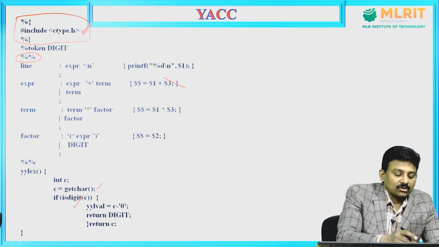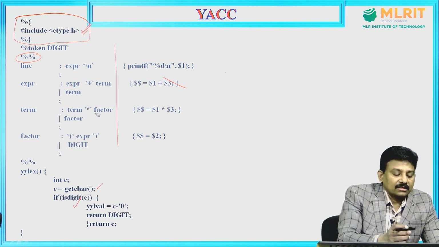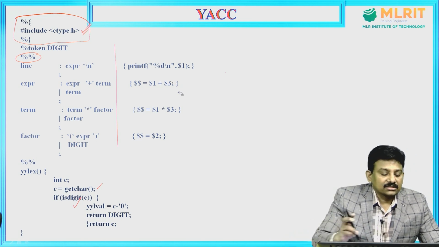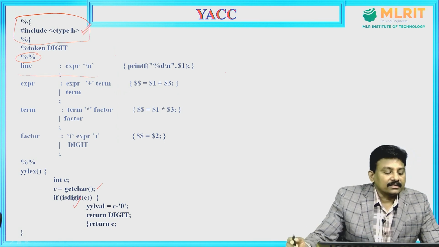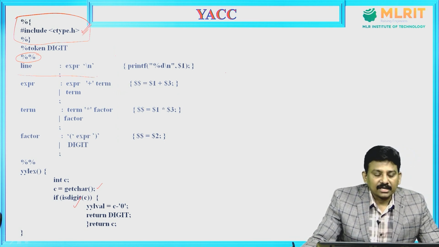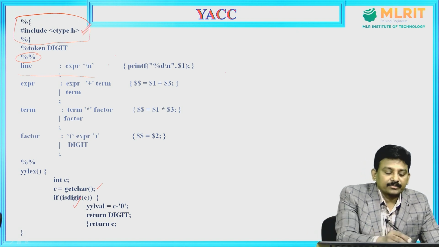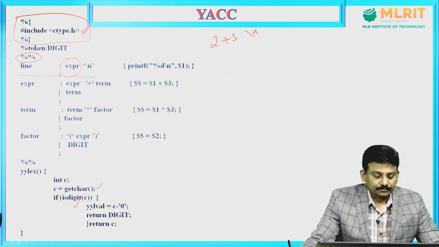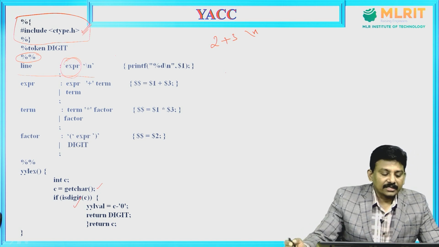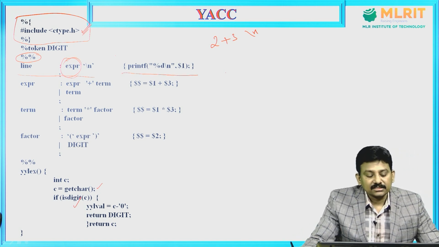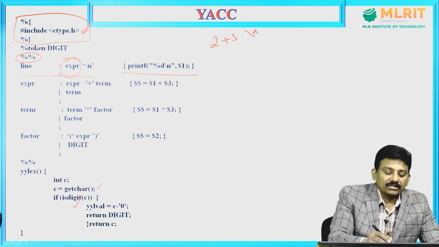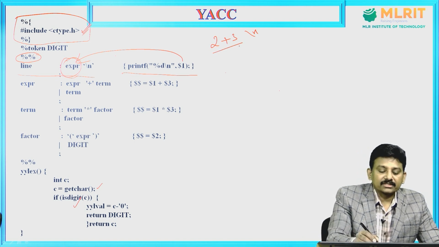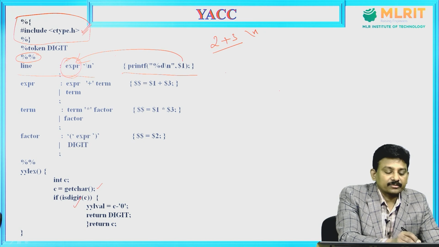Here there are two columns. Column 1 contains the production rules, and column 2 contains the corresponding actions in C language. See, the first rule: line colon expression newline. That means a line consists of an expression. Expression is like 2 plus 3. It ends with the newline. Whenever this is encountered in the line, the corresponding action is printf("%d\n", $1). $1 indicates this expression that is printed. The value associated with the expression, that is 5, will be